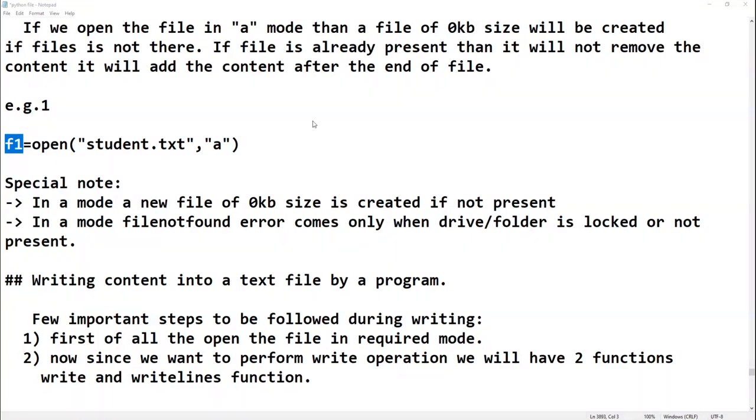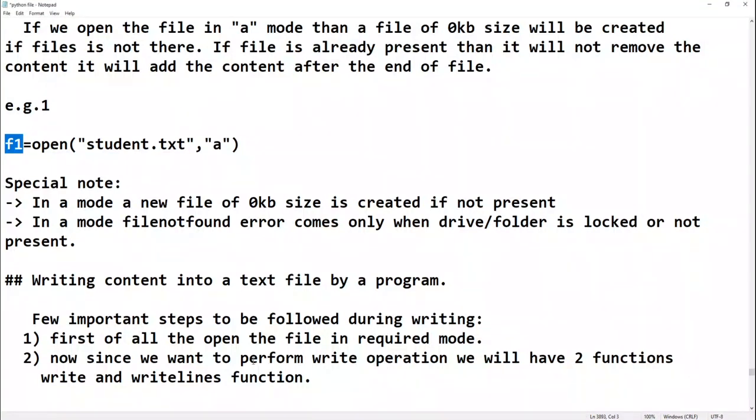Whatever I type in the program through this handle, suppose this is my keyboard and I am typing using the keyboard, by using this file handle the data will be transferred and written into this file. Whatever you write, it will be written into this particular file. Fine. So let's start. F1 is a file handle through which you will be sending your data.